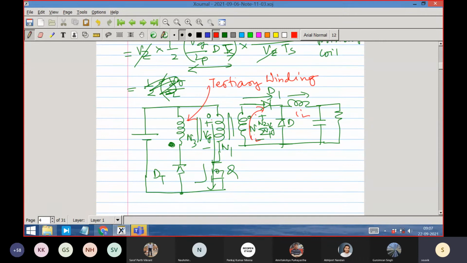This current is again IP equal to IL plus I magnetizing. The major part is IP, IL. You may not be able to see any difference, you may not, IL into N2 by N1. You may not be able to see any difference because the magnetizing current is so low. We don't want it to be high. We are putting a good enough number of turns in the primary coil and a good enough value of the LP.